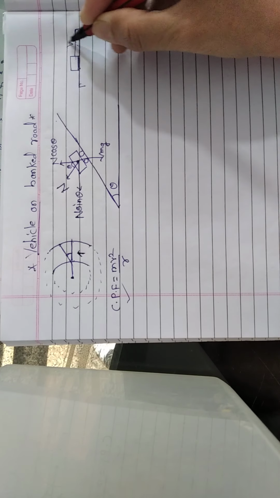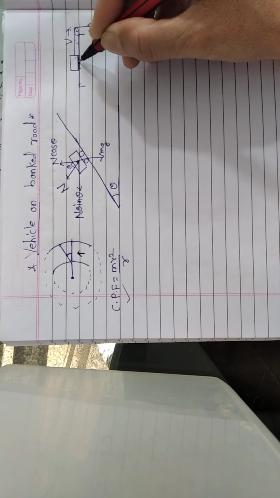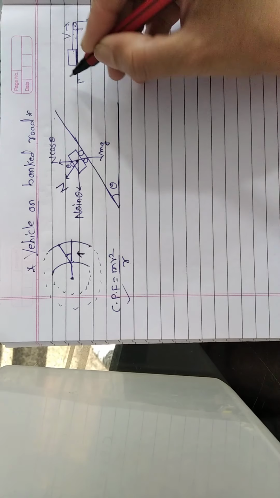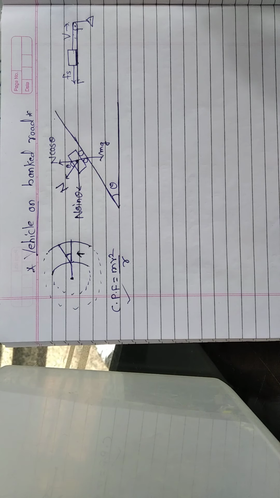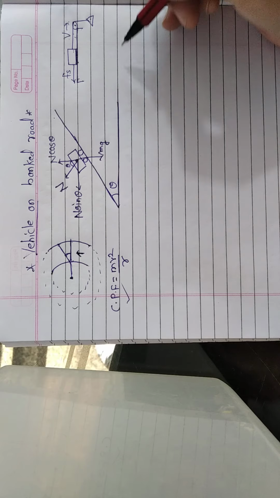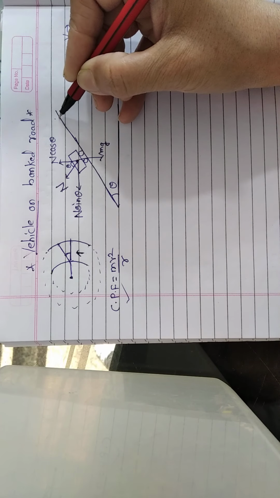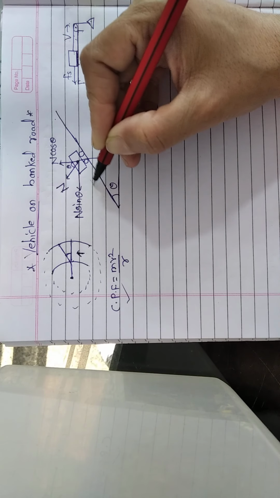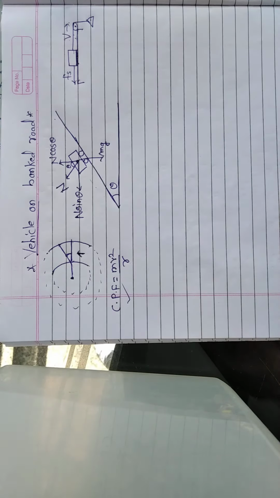The vehicle is moving in this direction, that means the speed is in this direction, but the friction, that opposing force, is acting in this direction. That means both V and Fs are in opposite directions. That is a relative motion, you know that. In the same way, if the vehicle is moving in this direction, we can show the Fs, that is a static friction here. But for this case we are considering the frictionless speed, the most safe speed.